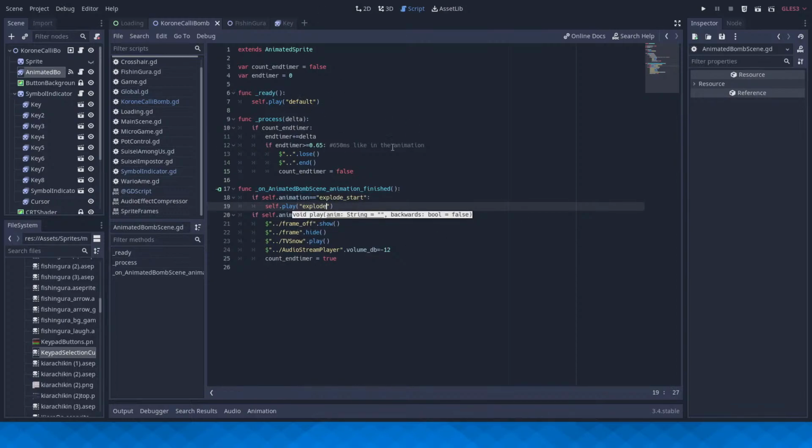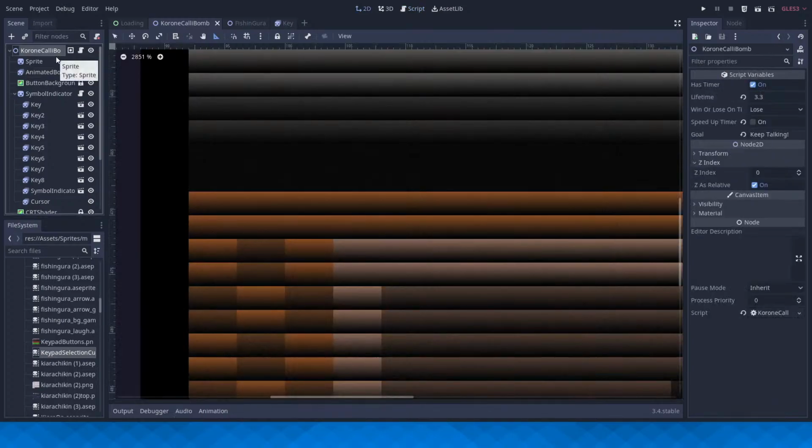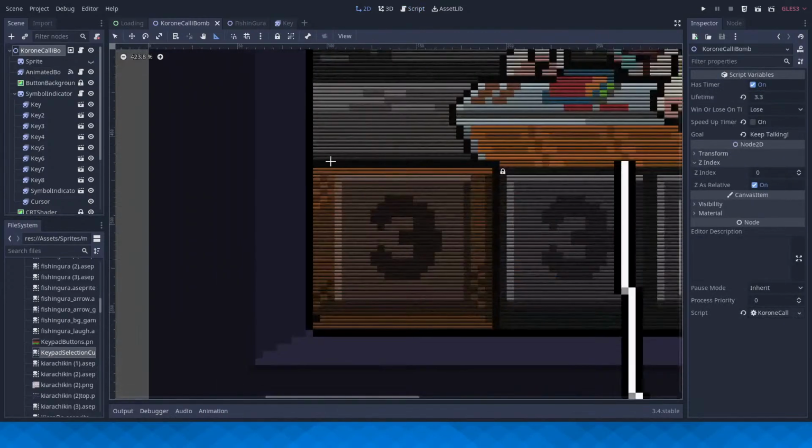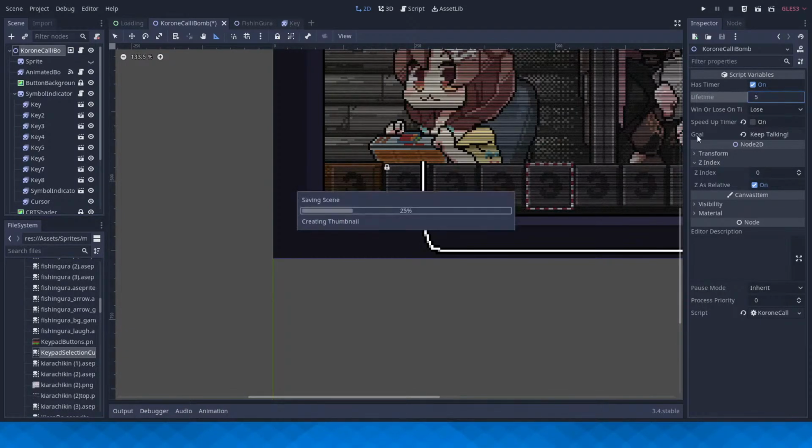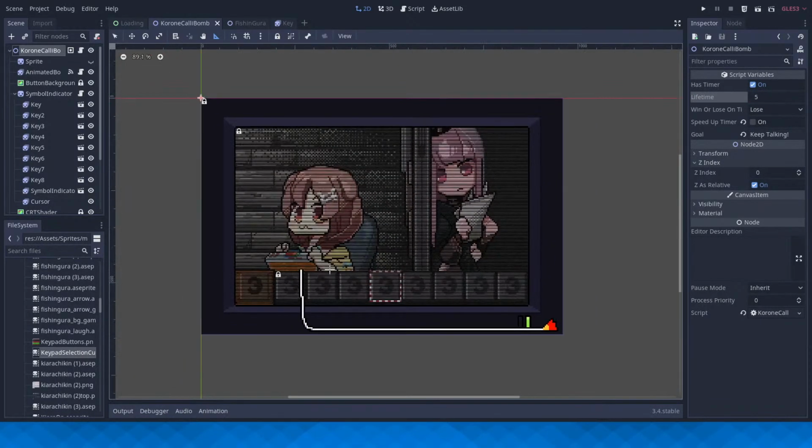Okay. Seems good. What's next? I think I'm gonna give the player a bit more time, like 5 seconds, now that that's possible, since the first animation loops.